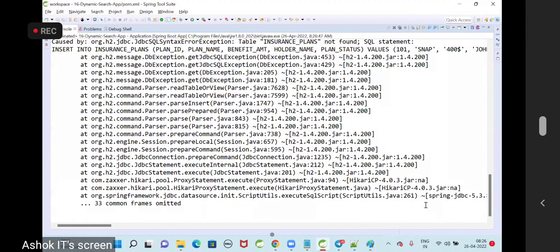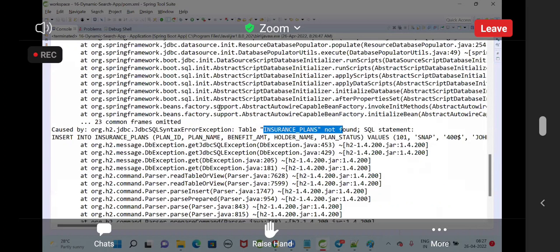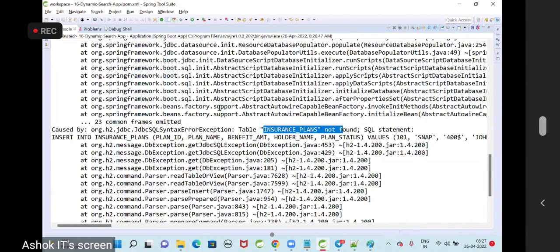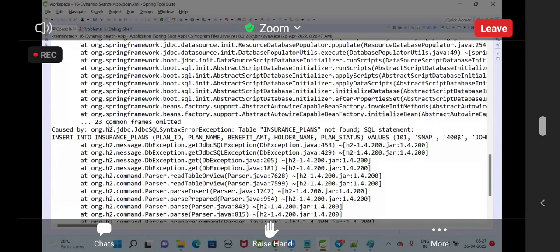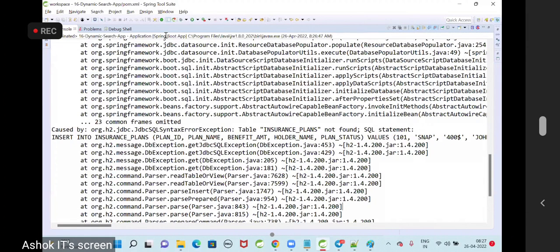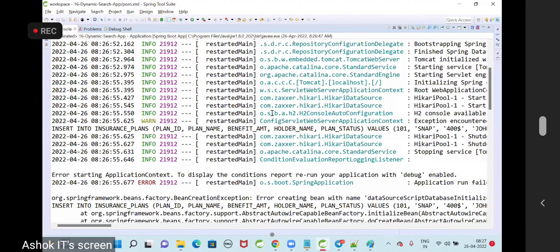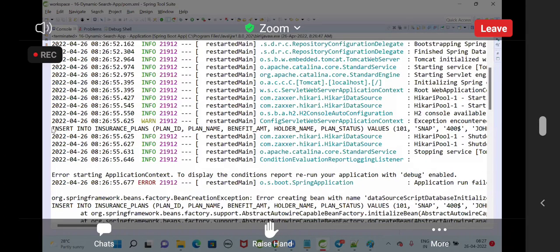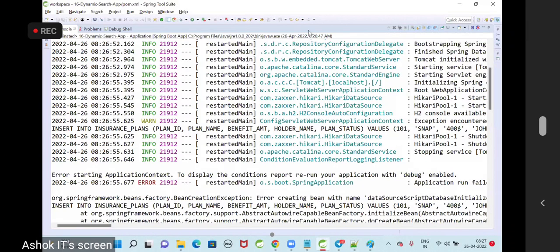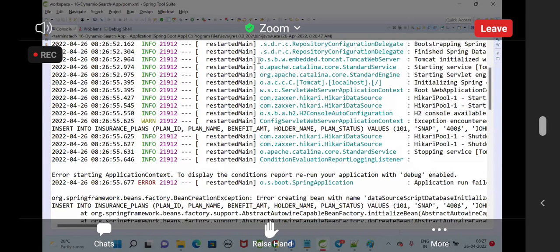I have kept my queries in a file called data.sql. Whenever you keep your queries in the data.sql file, if your H2 database is available, immediately it is trying to execute these queries before table creation. Can we insert the data into a table without the table creation? No. Here it is trying to execute my queries available in the file before the table creation. Now I want to tell it, bhaiya, you wait. First the table should be created. After that, the queries should be executed.